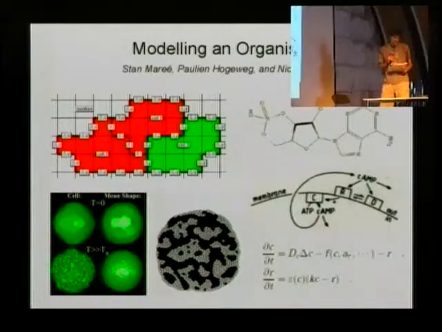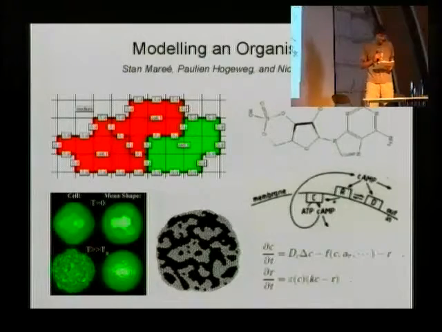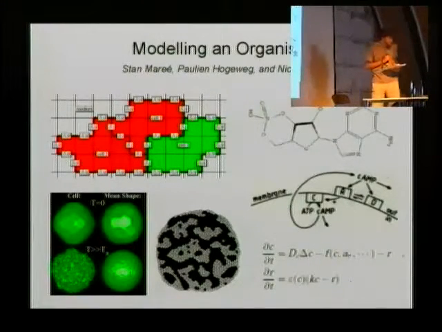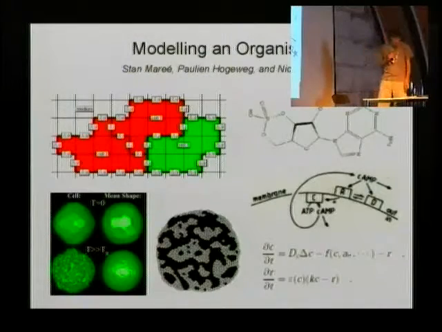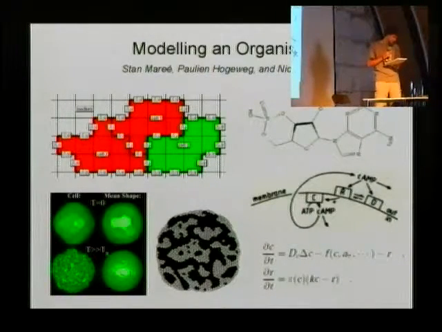Pauline Hogeweg and Nick Saville. And it's again based on the cellular Potts model, but this time without a gene network. Instead, only a few basic chemical reactions are simulated by a set of equations in the cell. And this mostly involves this molecule here, which is known as cyclic AMP, and it's used for lots of things,